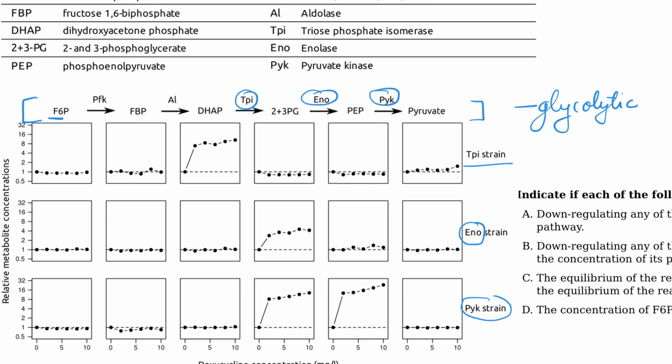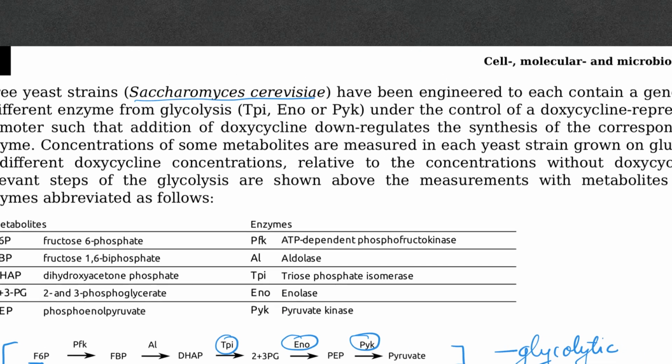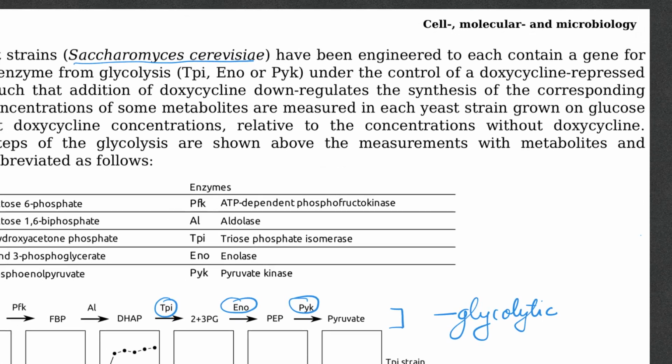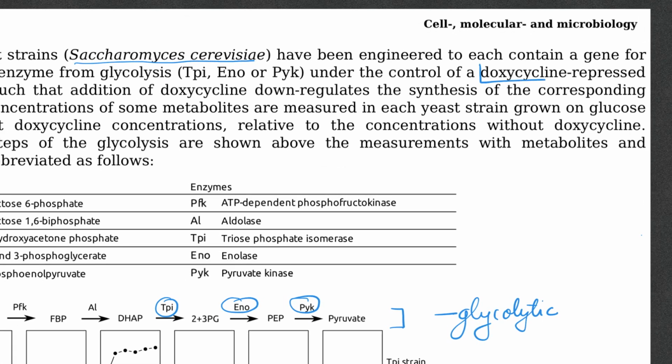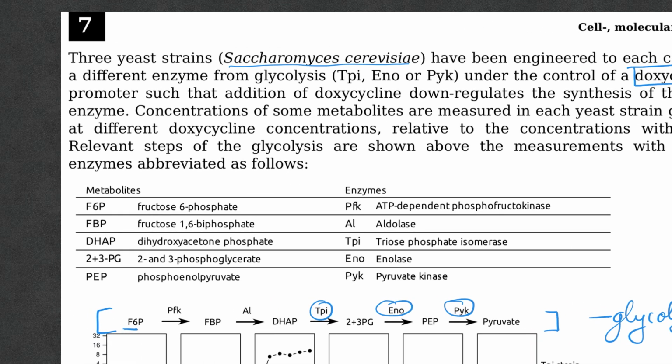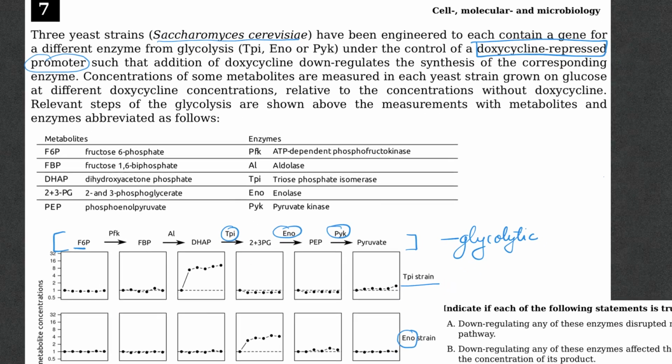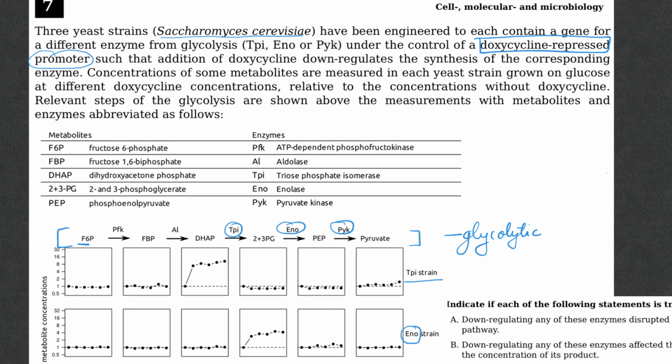How has the change been done? What will be the effect of the change? The effect of the change is it makes it doxycycline repressible. That means you can add doxycycline, it will do something to the promoter, because of which the enzyme will not be expressed. Okay, and concentrations of some metabolites are measured in each yeast strain grown on glucose at different doxycycline